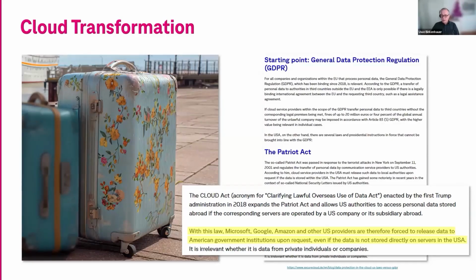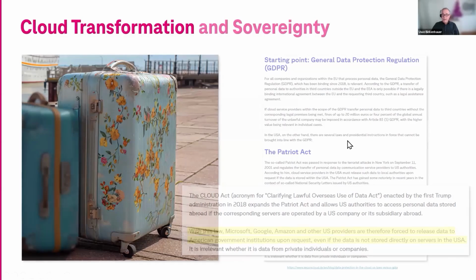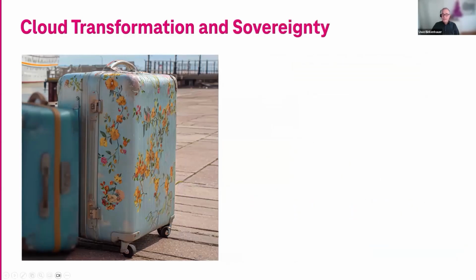So this hasn't been a problem when Europe and the US have been best friends, but you just have to look into the latest press releases and see the American security strategy. You can no longer rely on that. So this really poses a threat. You cannot ensure that a company that is based in the US will not comply with the Cloud Act. They will. So everybody is looking for sovereignty.